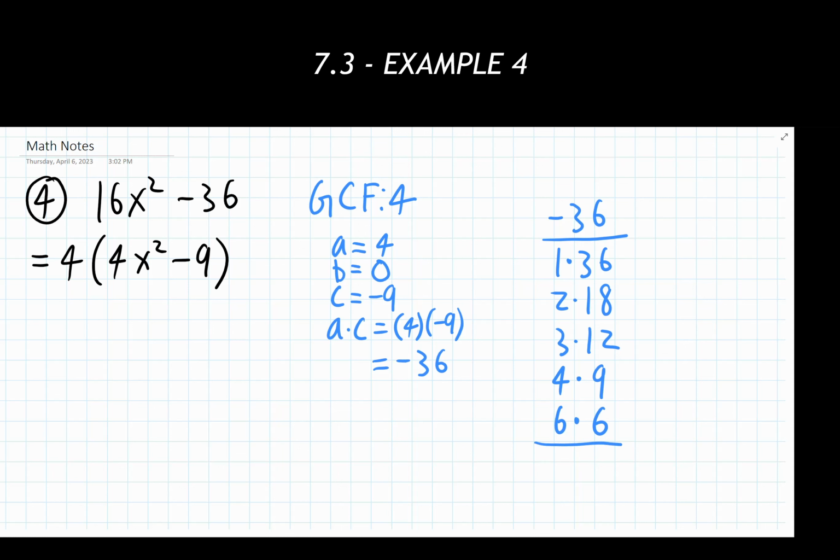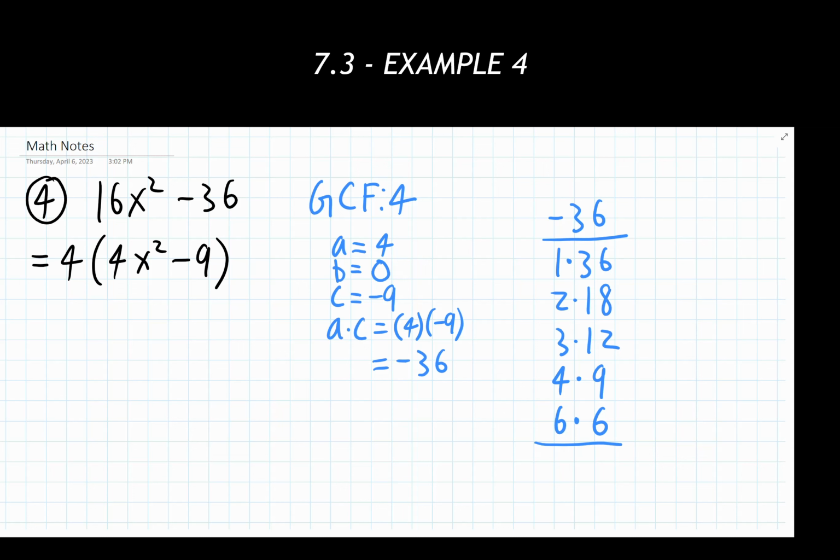So now I'm looking to see, all right, well, what are two numbers that when they add together equal 0? Well, again, first and foremost, we need to keep track of and look at the signs of this thing. The AC value is negative, meaning one of these has to be positive, one of them has to be negative. Which one? I'm not entirely sure. Well, that's where we take a look at our B value here. Okay, well, hold on. Our B value is 0. 0 isn't positive or negative.